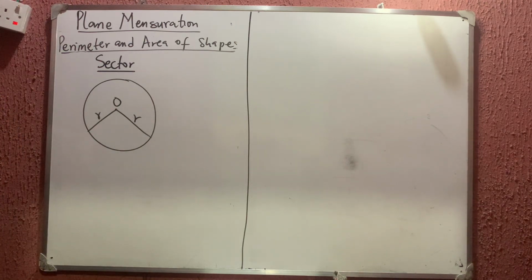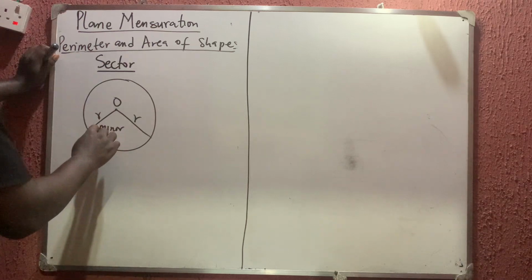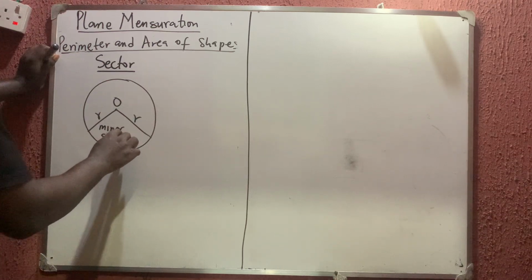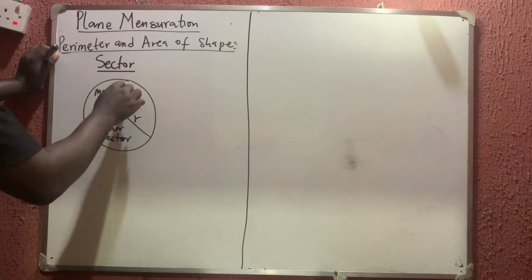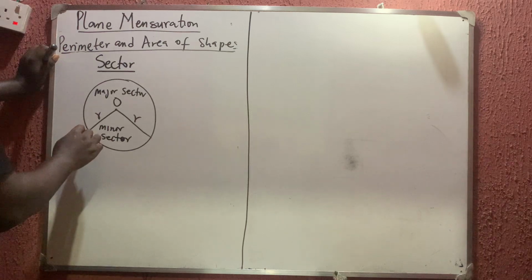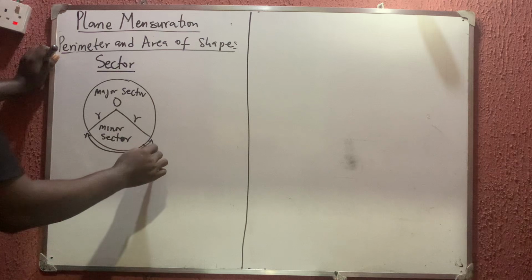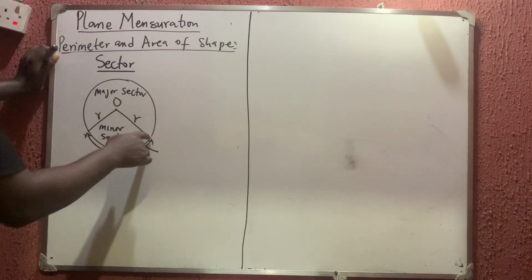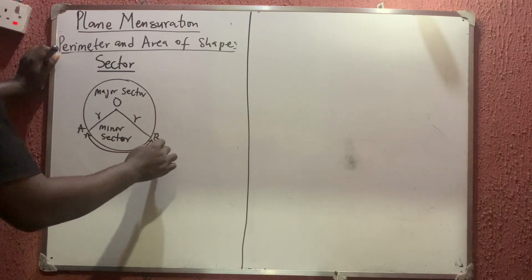Now, two radii divide a circle into two main sectors. This one is called the minor sector, and this one is called the major sector. Don't forget the line from here to here, like I taught you in the previous video. Let's call this AB. The distance AB is called the minor